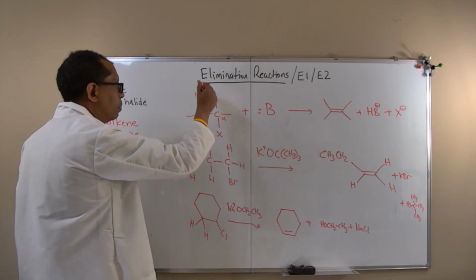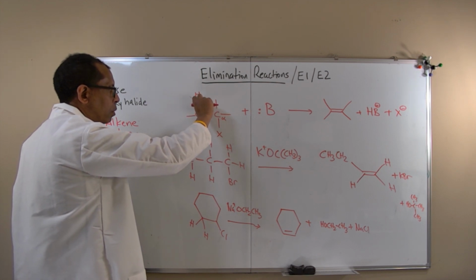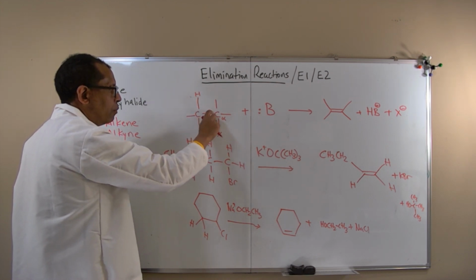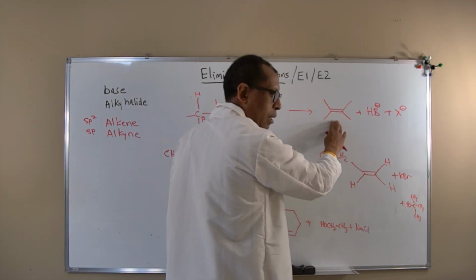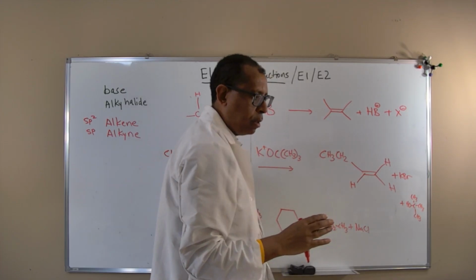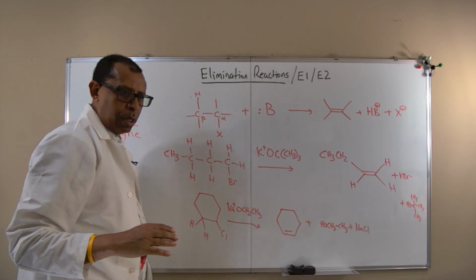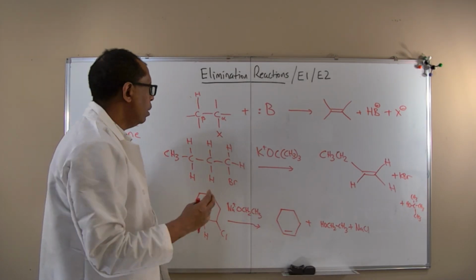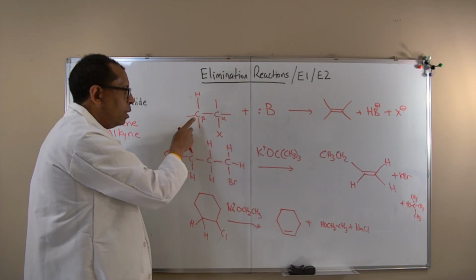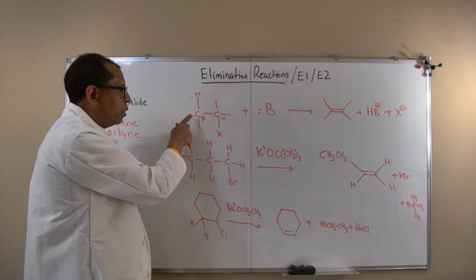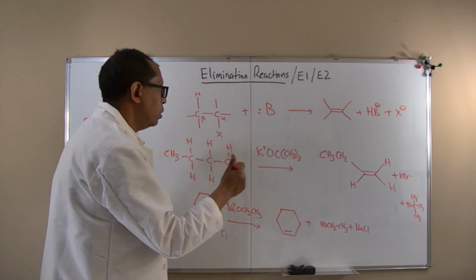So the base comes, pulls out this proton, and this pair of electrons would collapse into forming a new bond. So this is the alkene bond, or the alkene product you always get from an elimination reaction. This is a general reaction scheme where an alpha carbon contains the leaving group, and the beta carbon has a hydrogen. So this actually is called beta